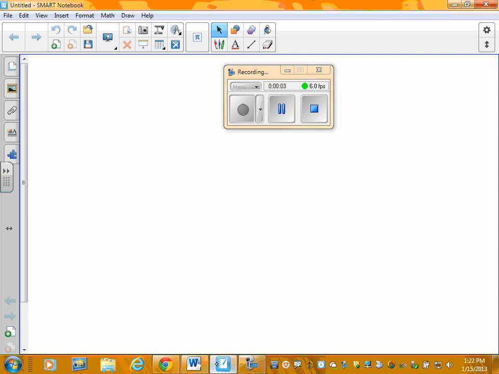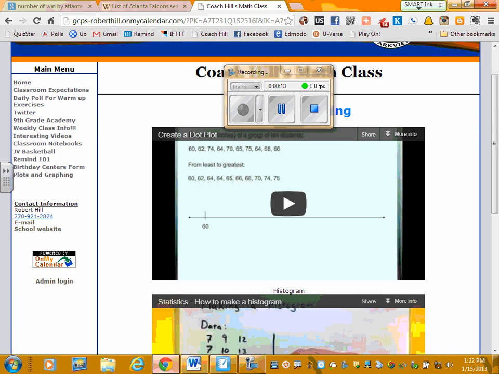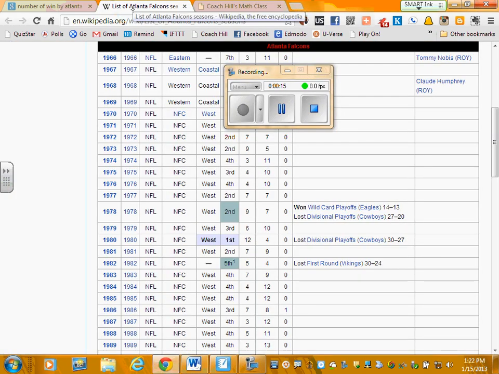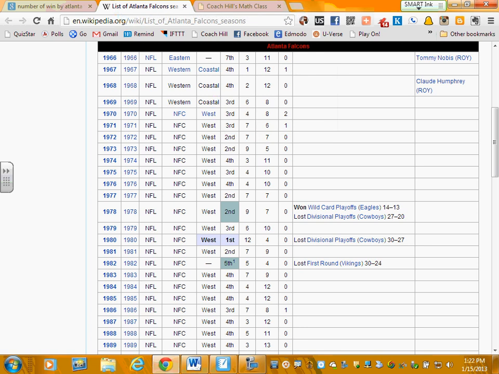All right. I needed some data, so I tried to figure out something that was close to us right now. So what I did was I went on to Wikipedia, and I found the information for the number of seasons the Falcons have had. The Falcons are rising up, playoffs right there. That flag up there is from 2 years ago. I have the one from the other day that I'm going to bring in here and put up there.